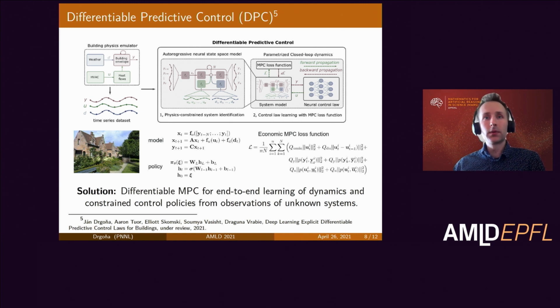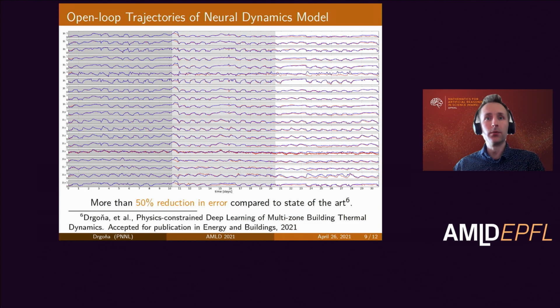So what happens when we use the real world data set to train the system dynamics? How do we do? We can do pretty good. We can learn from really small data sets. In this case, we use only 10 days of training data, shown on the grayed area on the left. And we have been able to generalize on open loop simulation trajectories on the following 20 days. And we compare side by side with the real measurements from the real building. So the red is the ground truth and the blue are our predictions.